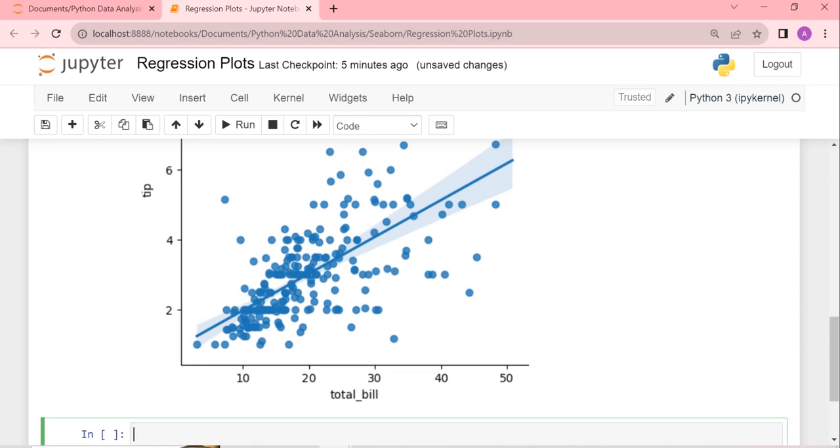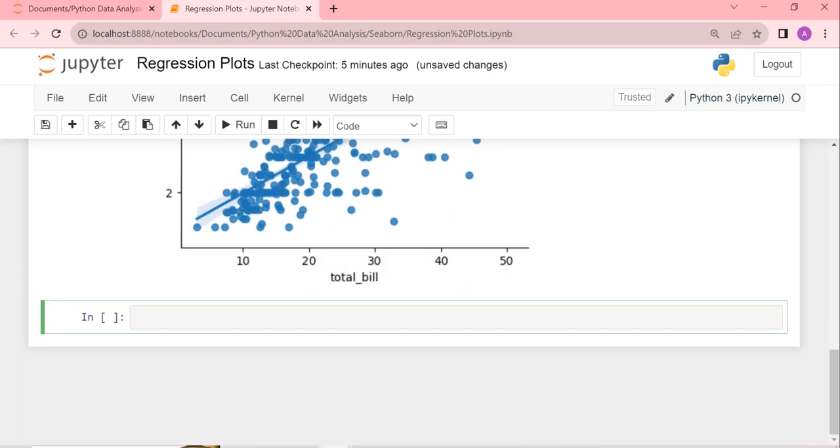And if you see between 10 and 20, the points are more; 20 and 30, quite better; 30, 40, okay. And then 40, 50, you could hardly see the points, and all points are scattered away from the straight line. Now we can also make use of the hue parameter, like how is the behavior with respect